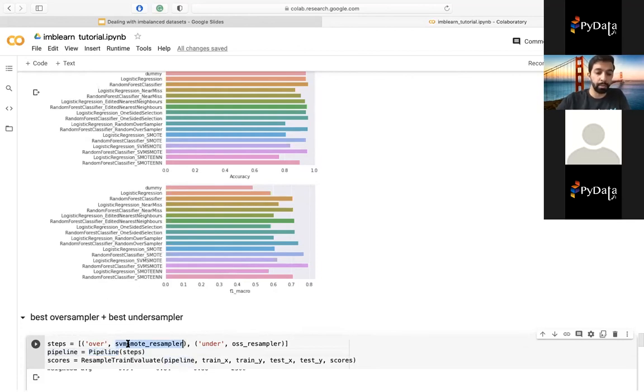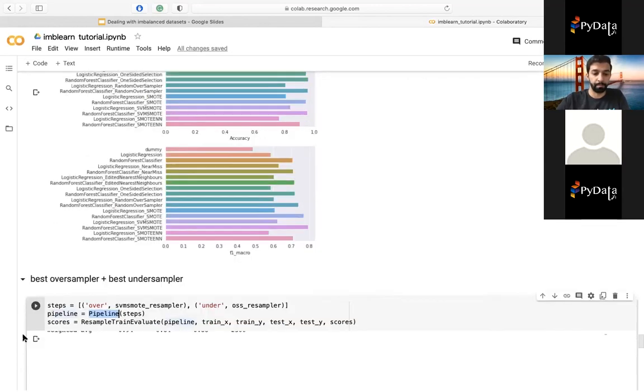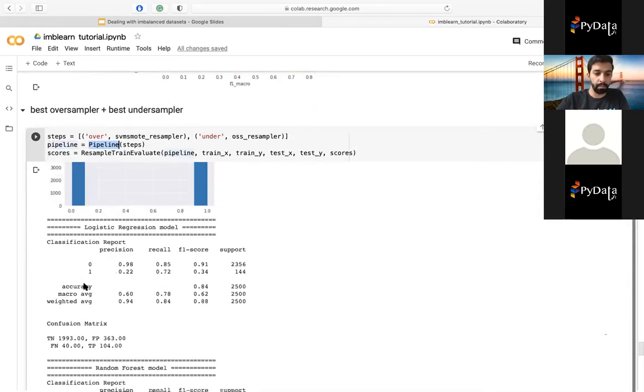I'm going to pass to it the SVM synthetic oversampling and the one-sided selection. What it's going to do is apply these two sequentially. So now I created my own combination, even though it's not implemented, just using the pipeline feature. And this is similar to the pipeline that's in sklearn as well. Let's see how this performs.